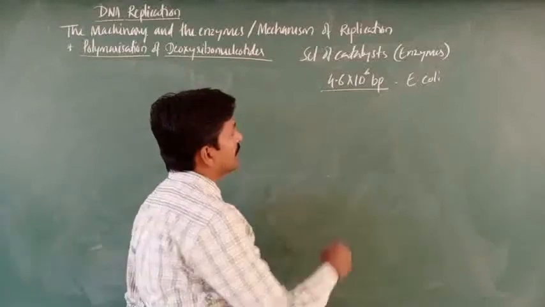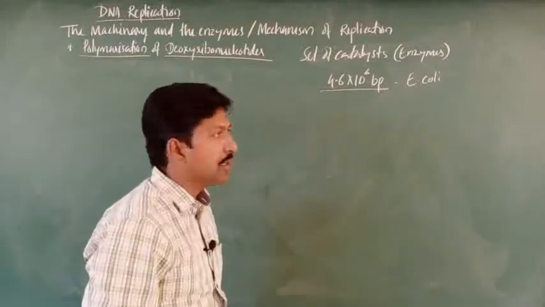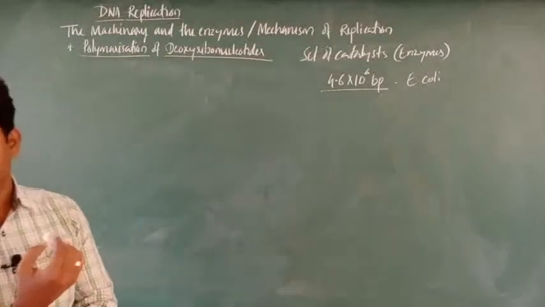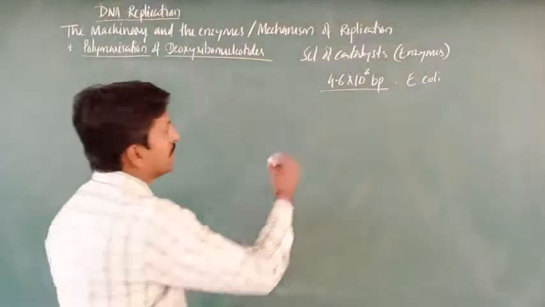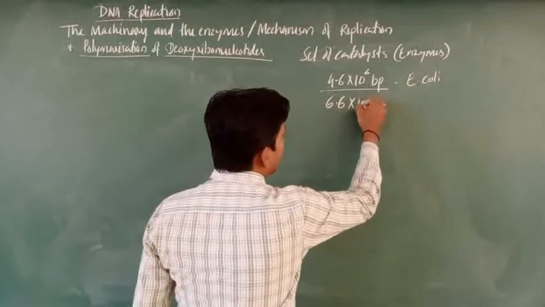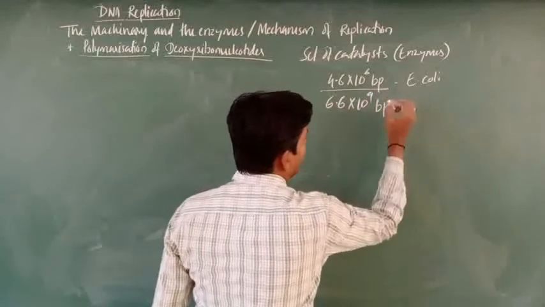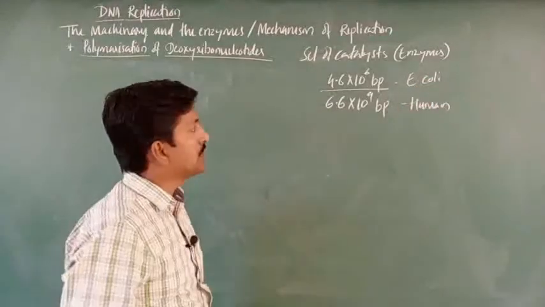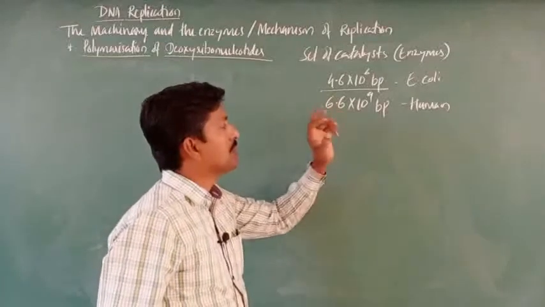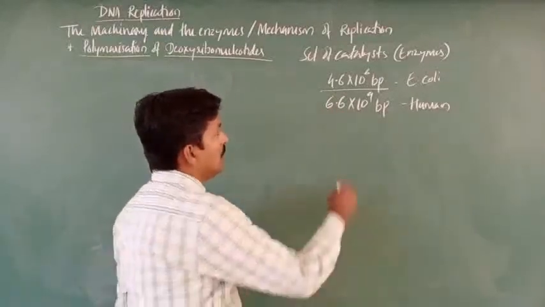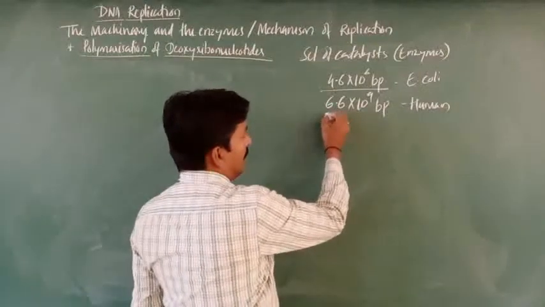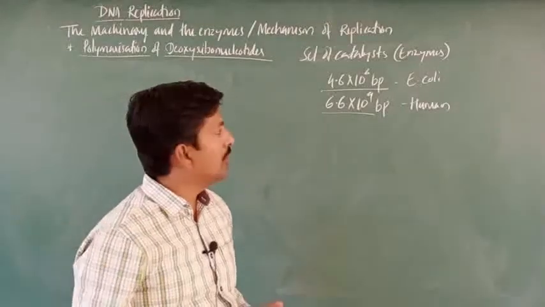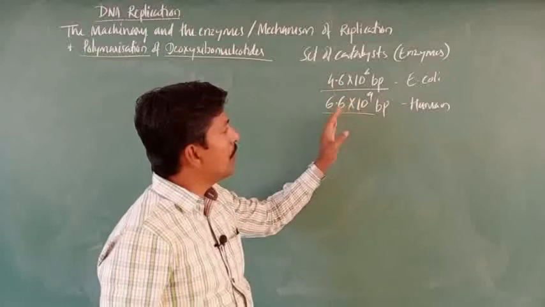In the case of human beings, a diploid cell, that is 2n, has about 6.6 into 10 raised to 9 base pairs, right? In the human cell. So in each cell we may observe this many base pairs in each DNA molecule, right? Now, when you compare the rate of polymerization of these nitrogen base pairs,